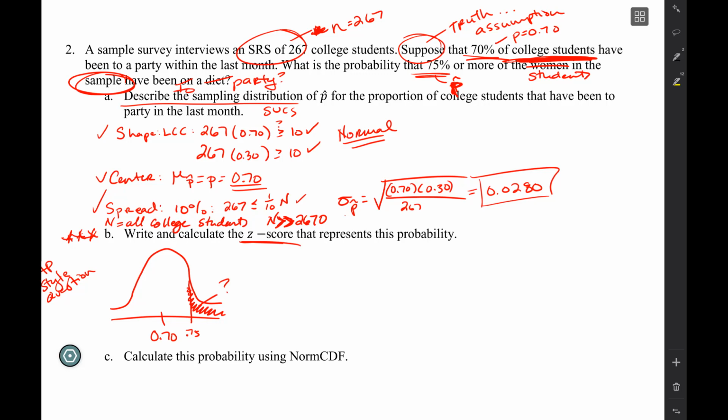Boom. No problem. It's done. We can figure that out. No problem. Okay? And we will do that in part C, but we're going to do it by using z-scores